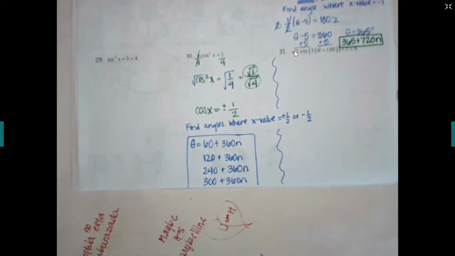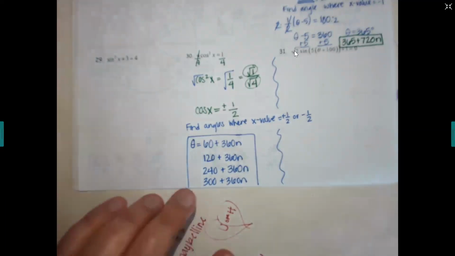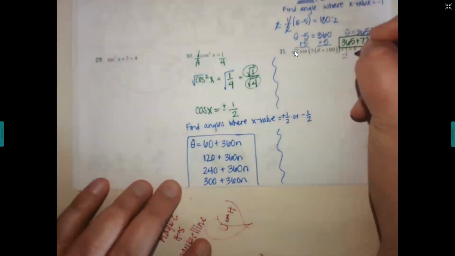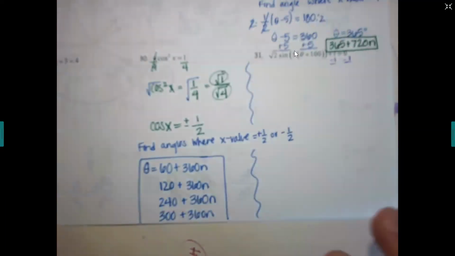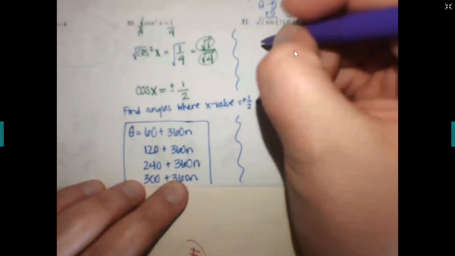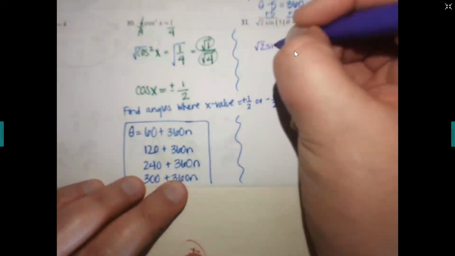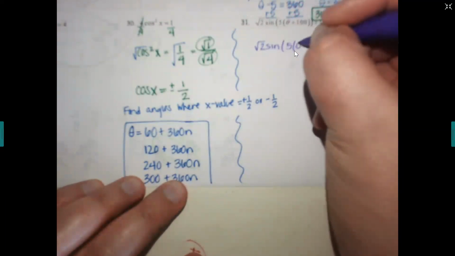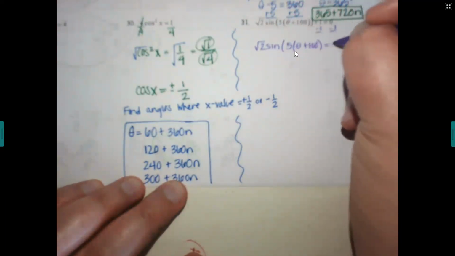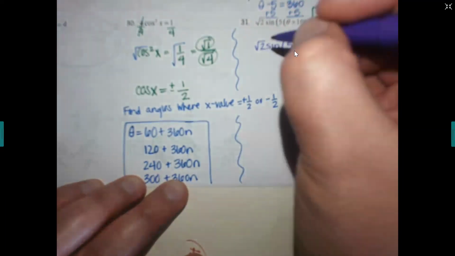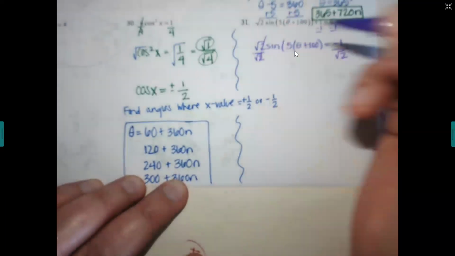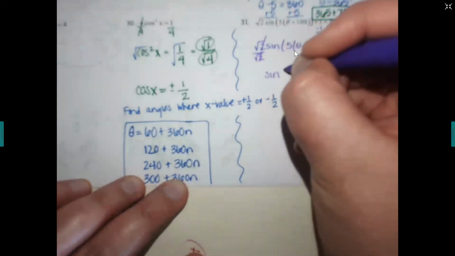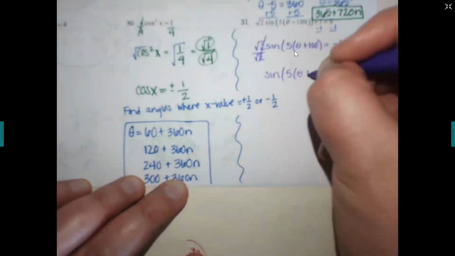Okay, first thing that I'm going to do is always add or subtract, because remember, when you're solving, you're doing PEMDAS backwards. So I'm going to get this -1 subtracted across to the other side. So I have my √2 in the front there, my sine 5 theta plus 100 equals -1. Then I'm going to divide the √2 across. So I have the sine of 5 theta plus 100